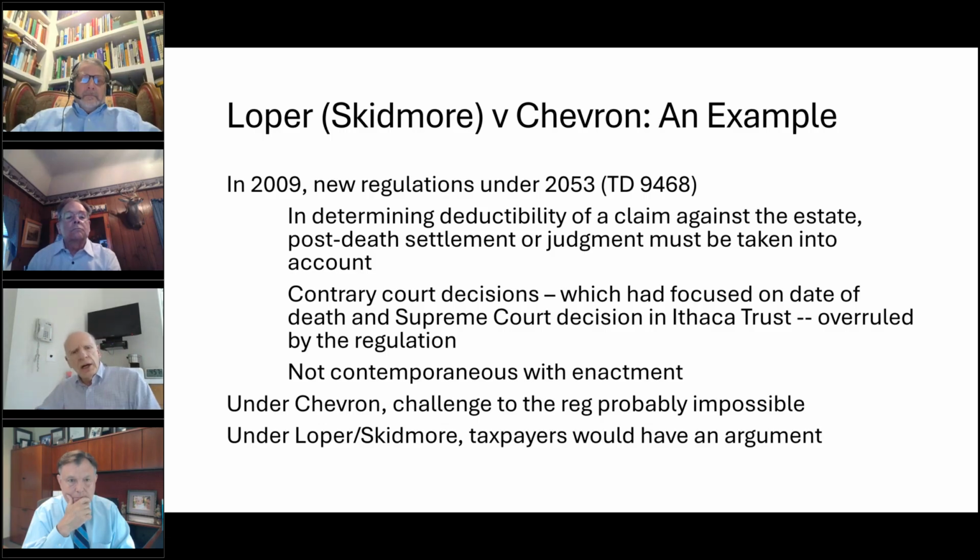And so the IRS came in here and said, we're going to clean this whole area up. We think there are conflicting decisions. And if you go back and read the preamble, you'll see they talk about how there are conflicting court decisions, some of which said, under Ithaca Trust, you really should take that snapshot at the moment of death and ignore post-death events. Others said, hey, look, if you get a favorable settlement, we need to take that into account. And in my crazy hypo, you should only get a $10 deduction.